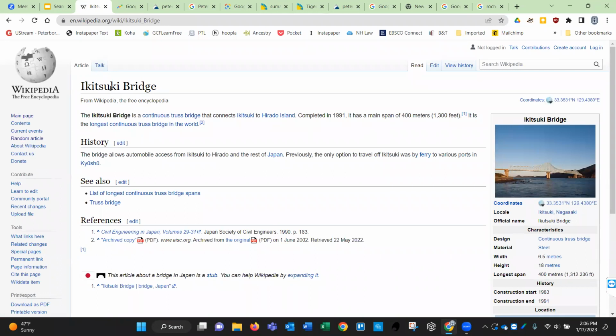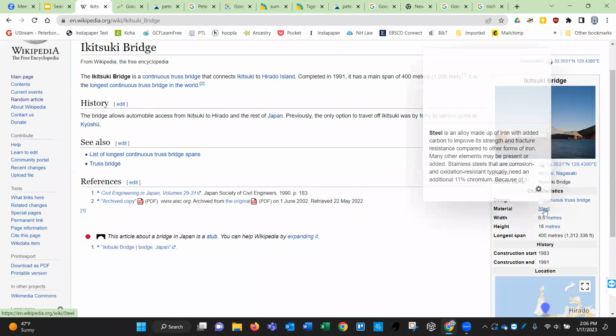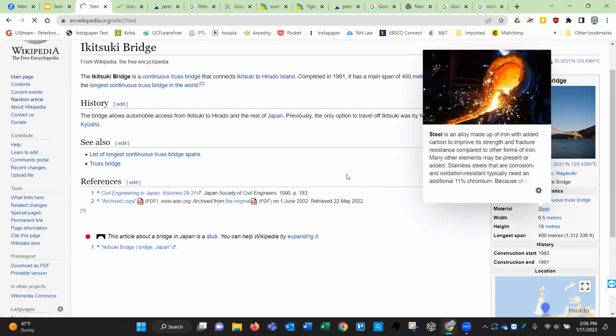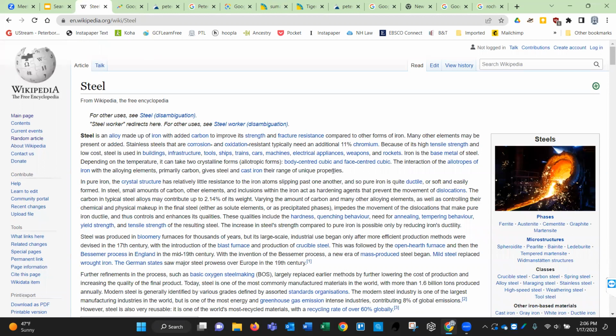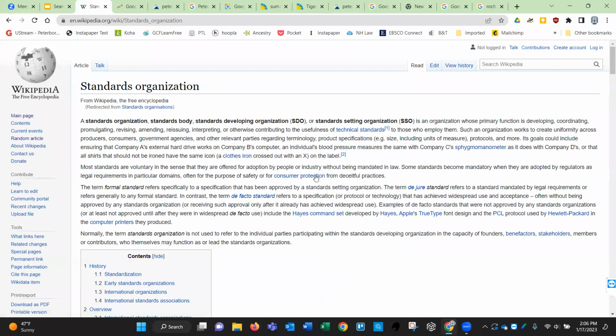And I would have to try and find my way to the first article by clicking in Wikipedia from here. Wow. So for example, this one seems pretty difficult. So I might go to something like Steel that will have a lot of results, and then I'll go through Steel, standard organizations, and I would just go through trying to find the other page. Again, it's not really relevant to the class, but if you have an hour and you want to learn something really, really random, you can always play that game.